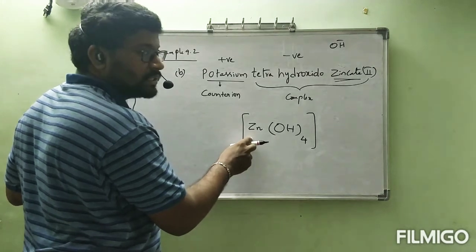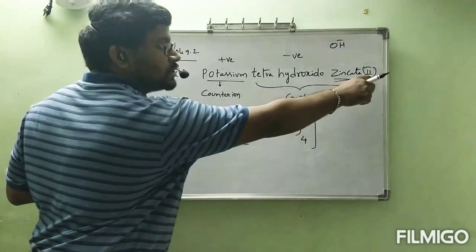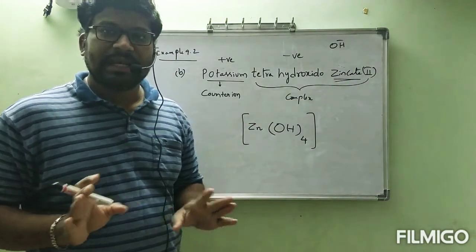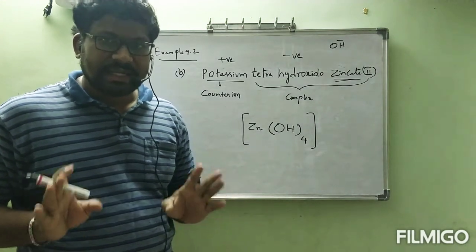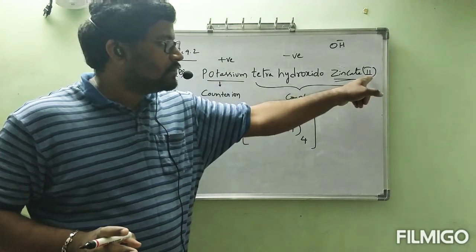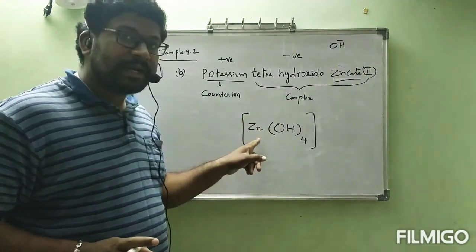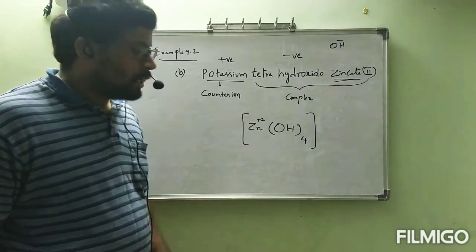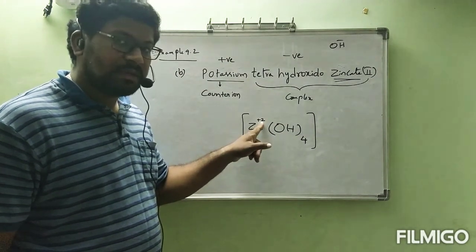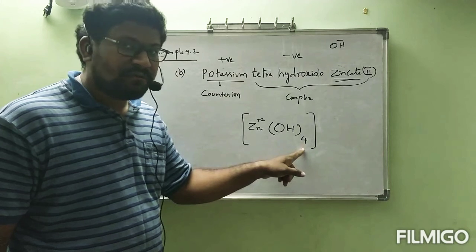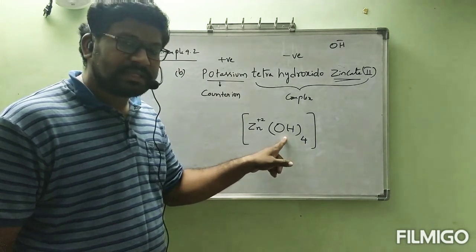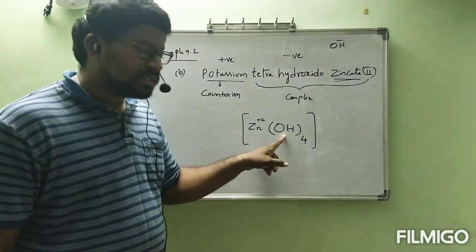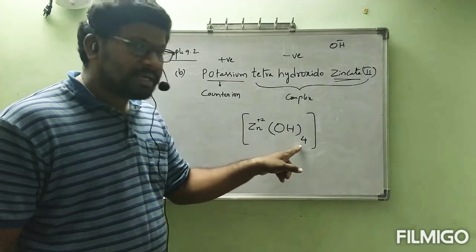But what is the oxidation number of zinc? +2, because this is II, right? What did I say? Metals should not get any negative oxidation number. Is it correct or not? Here, what is the meaning of this Roman II? Roman II means zinc will get a +2 oxidation number. Please observe now, zinc got +2 oxidation number. How many OH ions are there? 4 ions are there. Each OH contains -1 charge. Is it correct or not? Each OH contains -1 charge. 4 into -1,